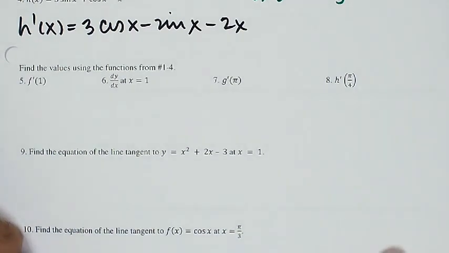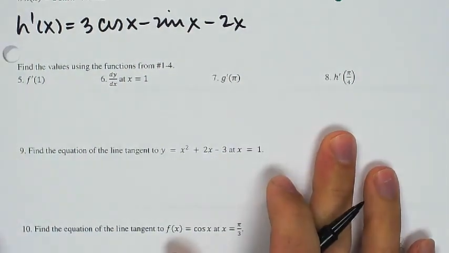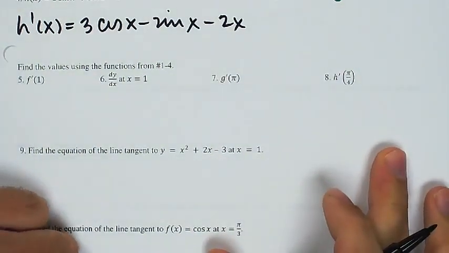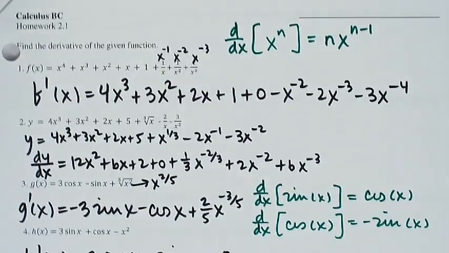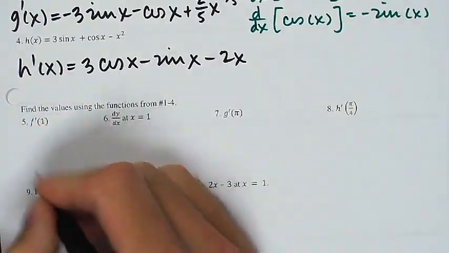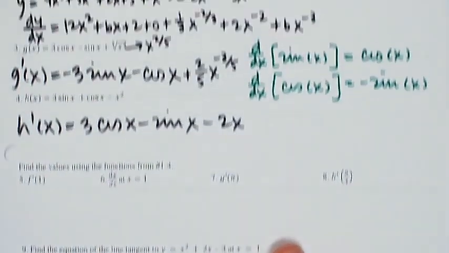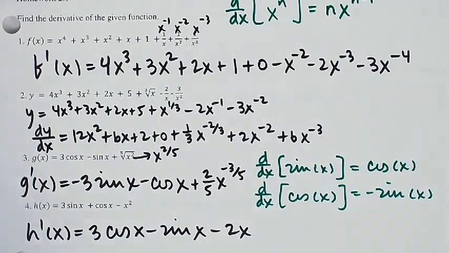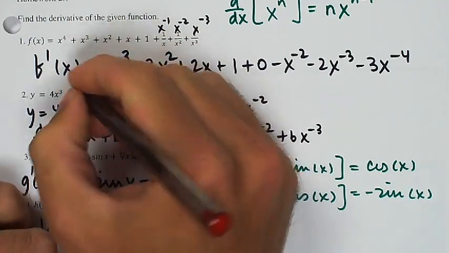Find the values using the functions from numbers 1 through 4. Oh goodness. Number 1 is f. That's kind of a lot. So what we're going to do is take f prime and plug in 1. I'm just going to have room to do that down there because there's just too many terms. So I'm going to go over here and plug in on f prime of